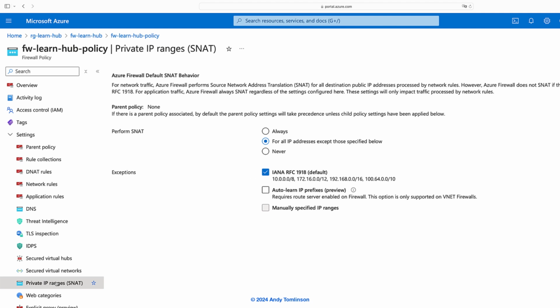Just a quick side note here, when processing application rules, the firewall will always perform source network address translation, regardless of whether the application is hosted within the virtual network, out on the internet, or on the other end of a VPN connection. If we go back to the firewall,